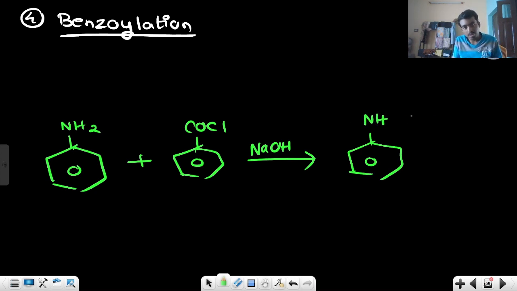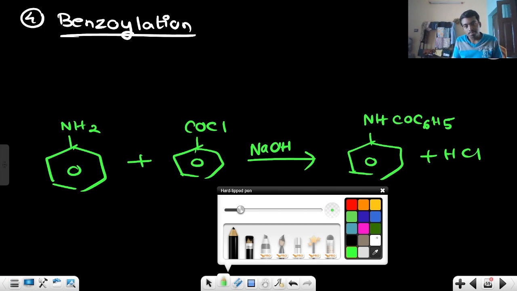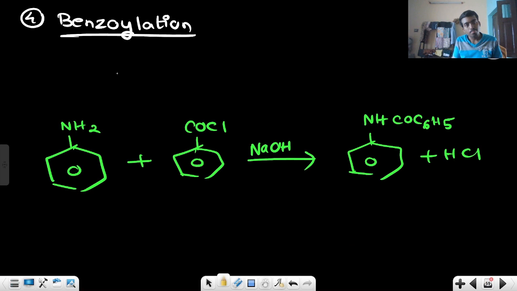NH remaining COC6H5. Right. Now remember this reaction, benzoylation of aniline in presence of NaOH. So I am writing here benzoylation